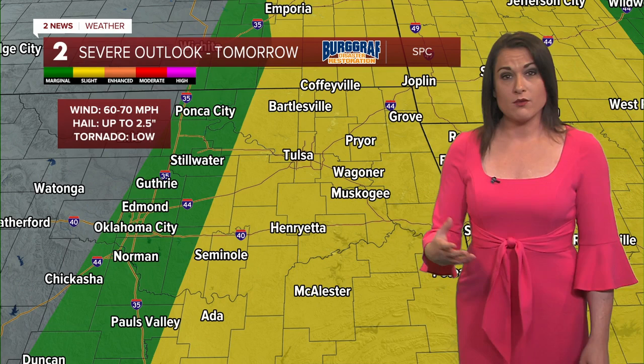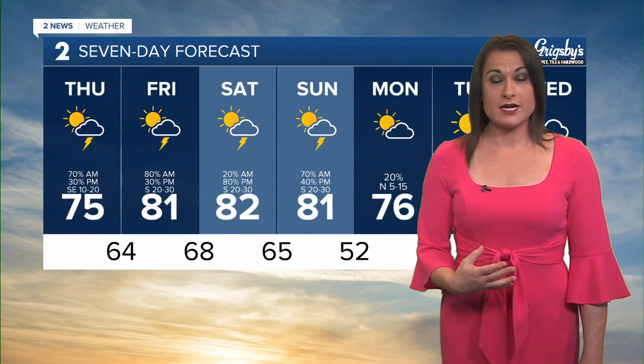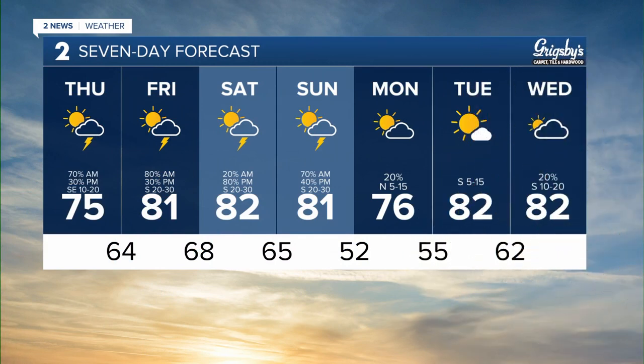Make sure you have ways to stay weather aware. This is for tomorrow. What we're looking at would be winds and hail once again. Notice that hail core went up from what we're looking at for today, which is 1.75 inches, to 2.5 for tomorrow. And then again on Saturday, we have multiple days of strong to severe storms. Continue to stay weather aware. Of course, we're keeping a close watch and we'll bring you every update we can. 82 for your high on Saturday. I put the AM and PM chances in so you can kind of gauge what we're looking at. Nice break between Friday and Saturday, but that's only going to enhance that severe